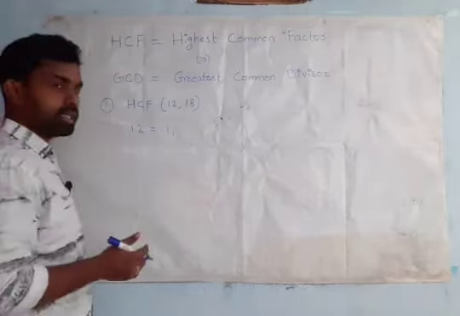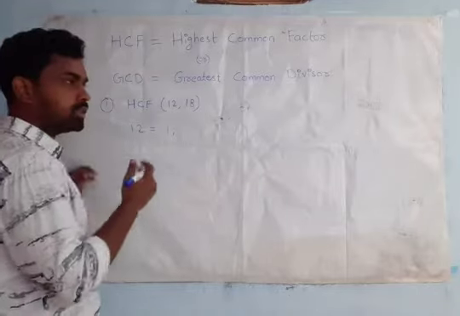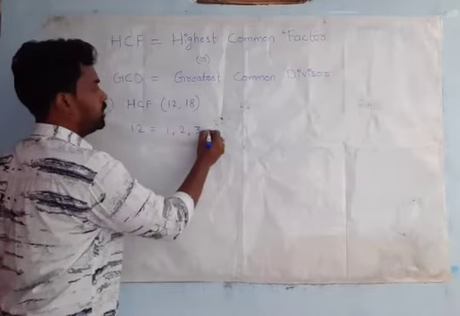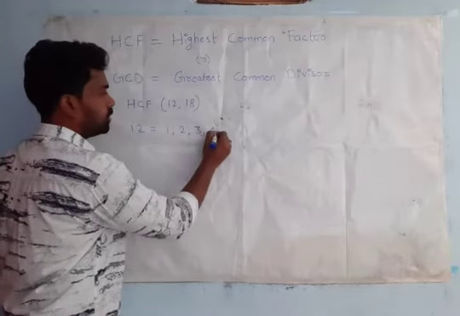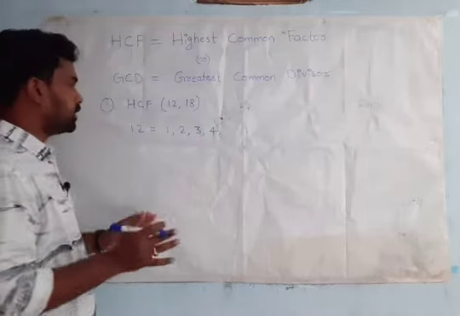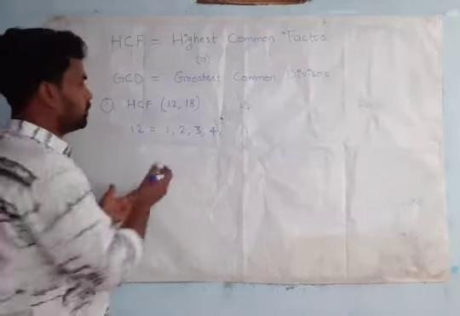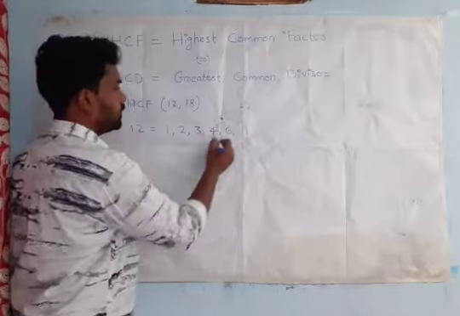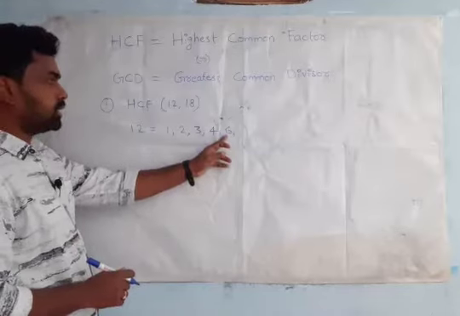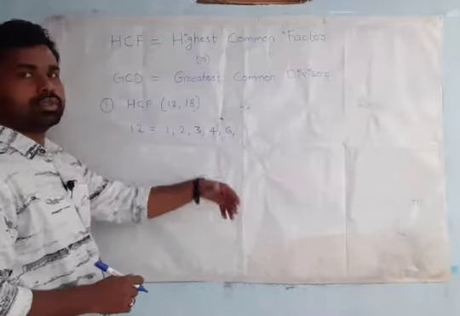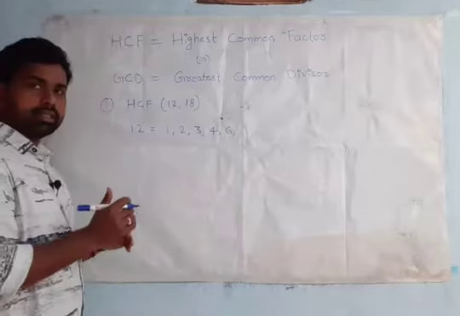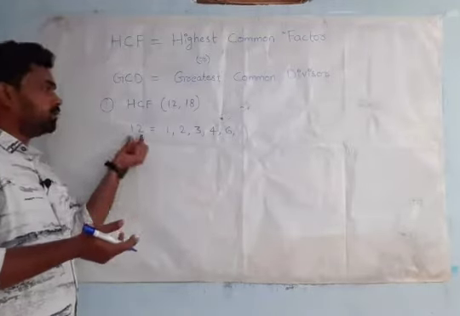Next, in the 2 table, whether this 12 is present or not? Yes, in the 2 table it is also present. In the 3 table, yes, 12 is present. In the 4 table, yes, 12 is present. So I am writing 4. In the 5 table, 12 is not there. So you don't take 5. Next, in the 6 table, 12 is there. Yes, we can take 6. 6 2s are 12. Whenever you are getting 2 times of 6, then you have to directly write the number.